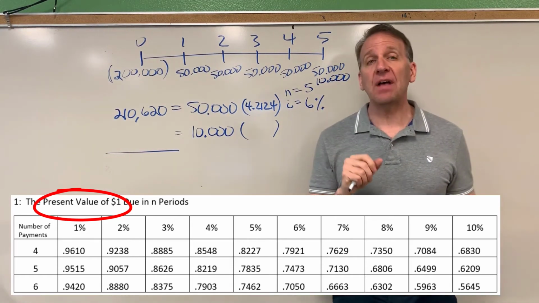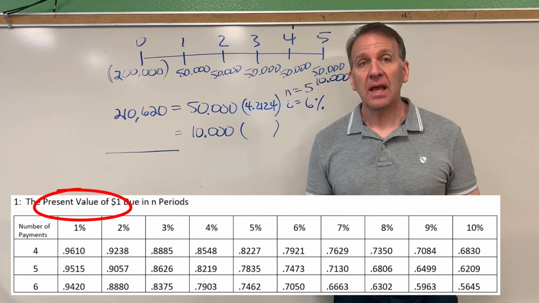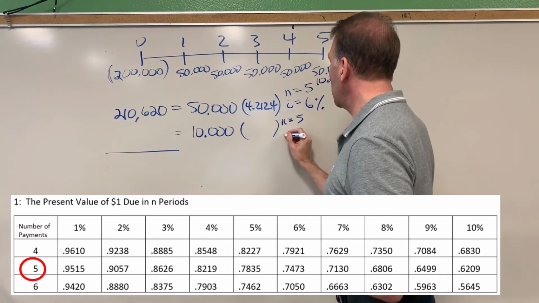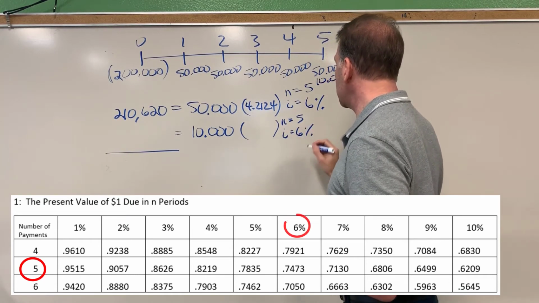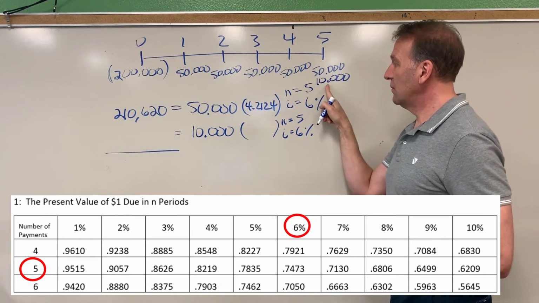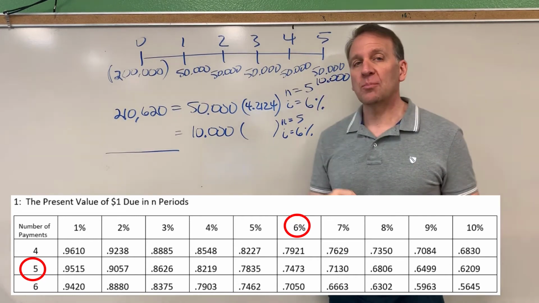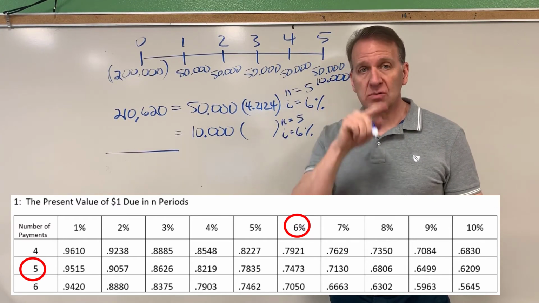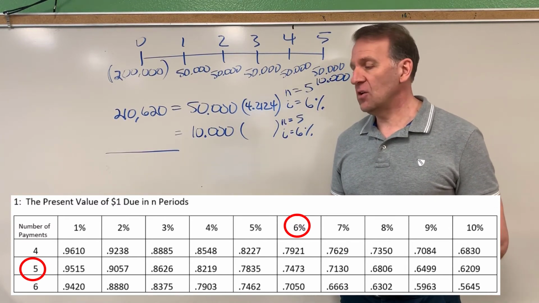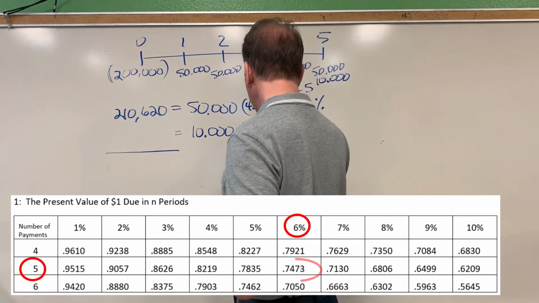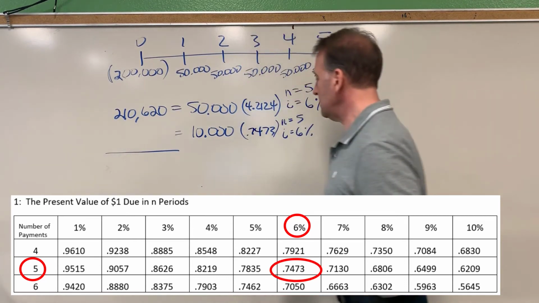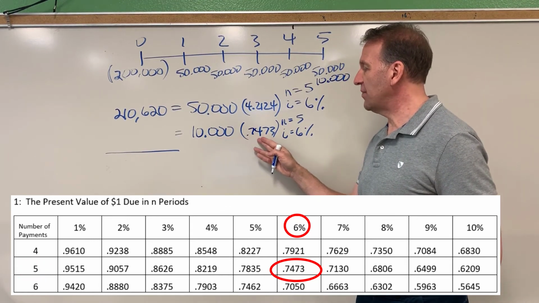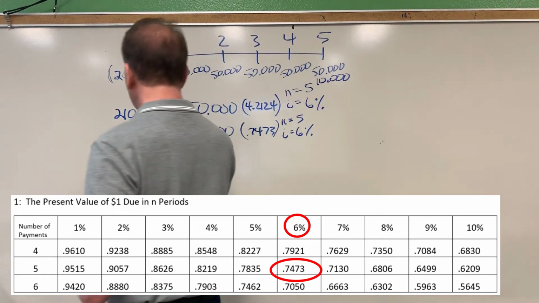So if we go to the present value of $1 table, it's going to be 5 periods because it's 5 years out, and the interest rate we're using is 6%. Since it's 5 periods out and 6%, we go across 5 periods, go down at 6%, and you'll get a factor of 0.7473. So now we multiply our 10,000 by 0.7473, and we'll get